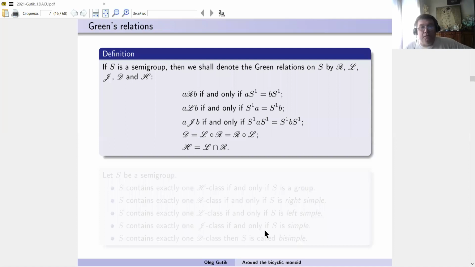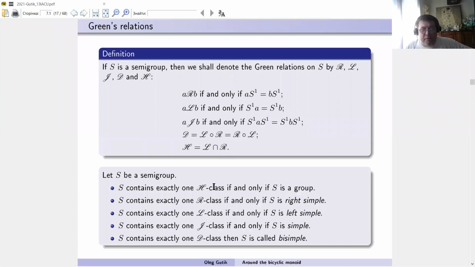So it's the very well-known Green's relations for any semigroup. Two elements are R-equivalent if and only if their right principal ideals coincide. L-equivalent, left; J-equivalent if the two-sided principal ideals of these elements coincide, and the relation D is the composition of L and R, which commute, and the relation H is the intersection of L and R. So it's a very simple exercise that if a semigroup contains exactly one H class, then it is a group,